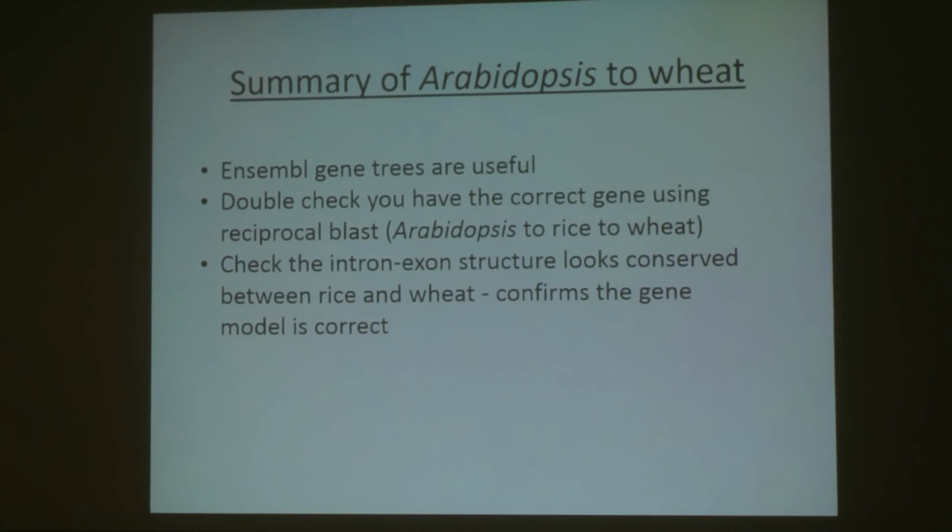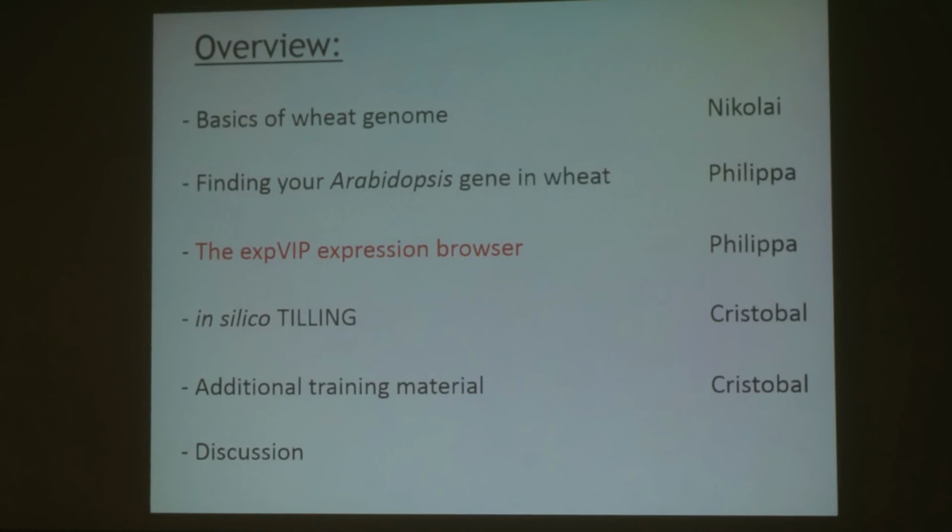Just to summarize how to go from Arabidopsis to wheat, the gene trees available in Ensembl are really useful, but it's important to double check that you really have the correct gene using a reciprocal blast, which means you need to go from Arabidopsis to rice to wheat and back again. Once you do have a wheat gene you believe is the correct ortholog, double check that the intron exon structure looks conserved with rice, and that will confirm that the gene model is correct, just in case, for example, you're missing an exon. So if no one has any questions,